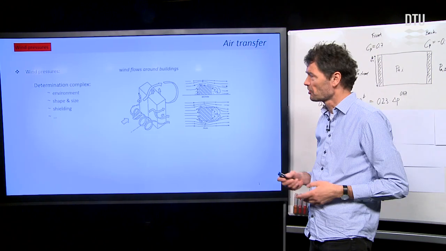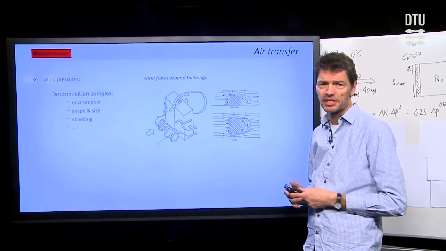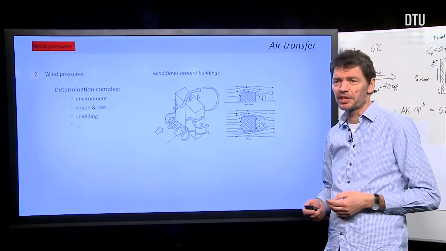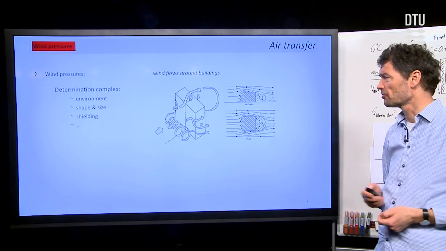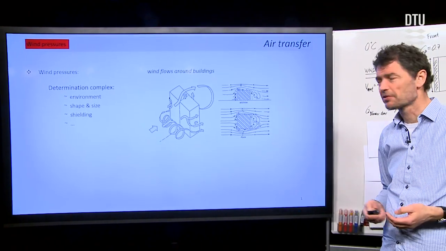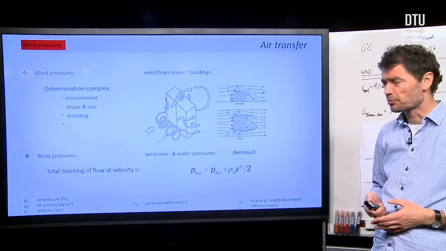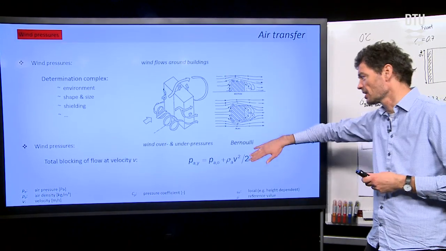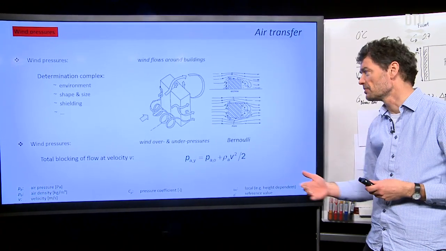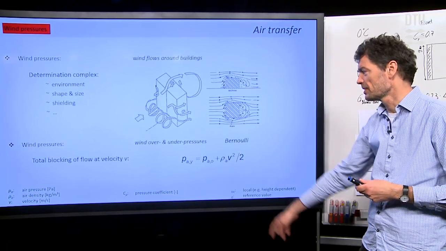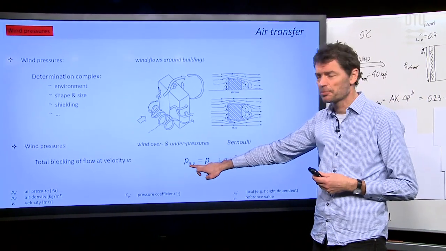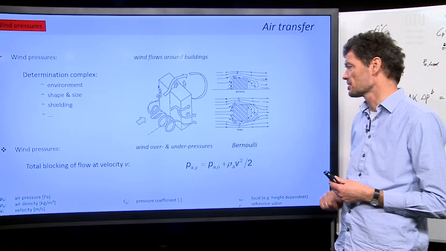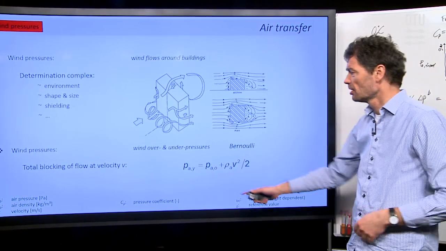So we have wind around our buildings. The wind is coming in on a facade of a building, and it creates an overpressure there, and an underpressure on the leeward or back side of the building. So we have some methods to estimate how much the pressures are in those locations. This is governed by Bernoulli's equation, which turns the velocity of the air into an overpressure. So we have a reference pressure, and then we get a higher pressure when we block the air. If we block the air totally, this will give us the highest pressure that we get on the exposed side